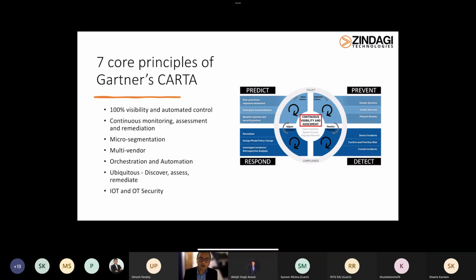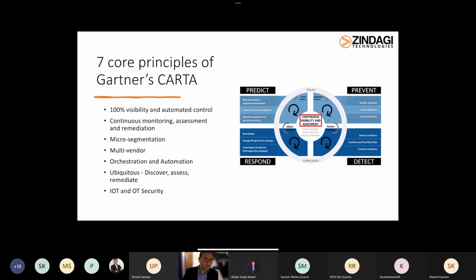Now, the reality is that zero trust in itself is necessary, but it's only a start of the journey. CARTA indicates the reality of securing a world where digital business capabilities can be accessed anywhere by anyone from any device, and where attackers continue to grow and keep on innovating and keep coming up with new forms of threats. So what CARTA has done is, in this CARTA framework,